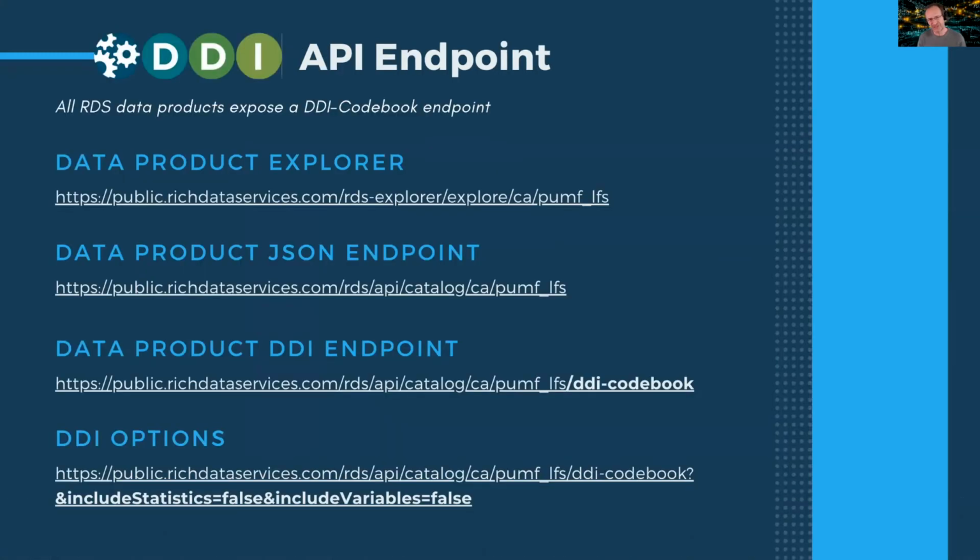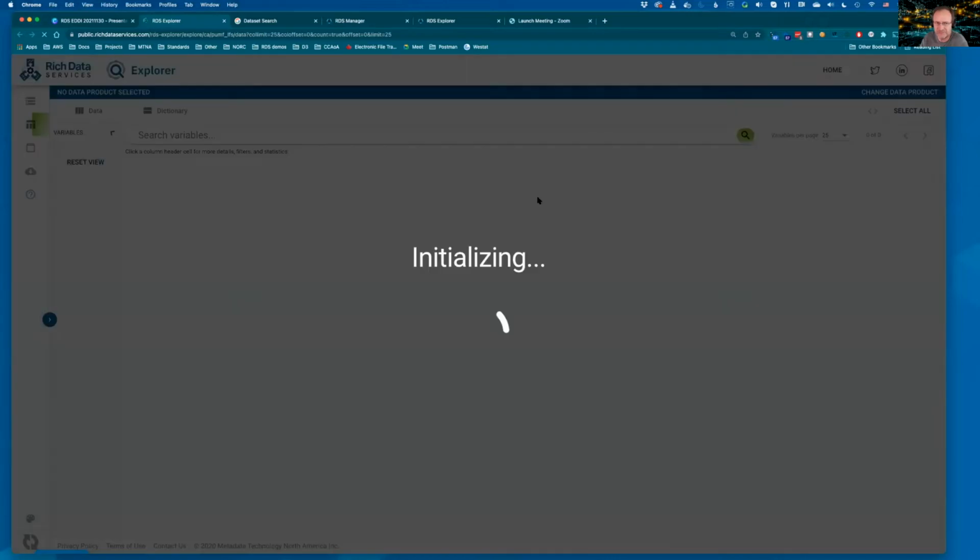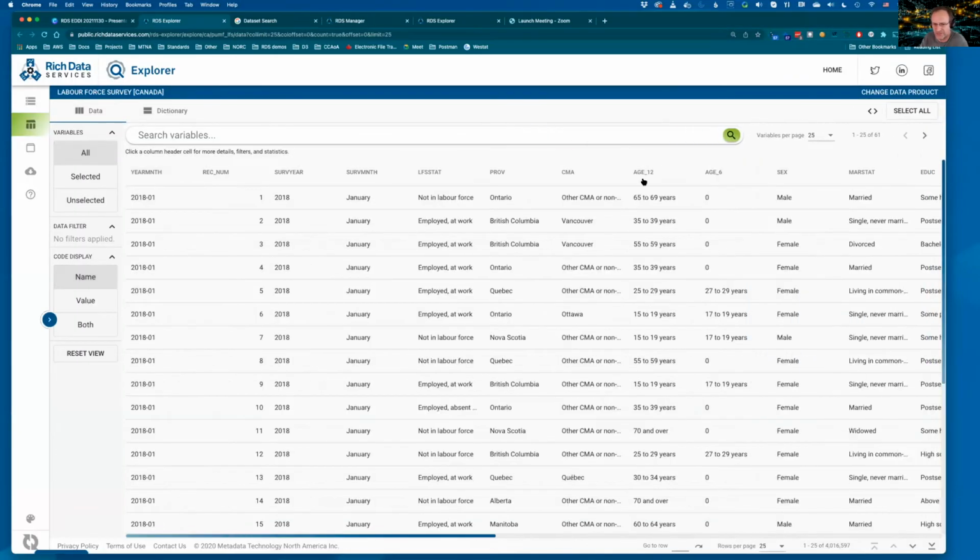Another one is an API endpoint for metadata. It's something we added fairly recently, I think in the past 2-3 months. So even if you've seen RDS, this was not there in the past. So essentially any data product that we publish in RDS. So if I open something in the RDS Explorer,